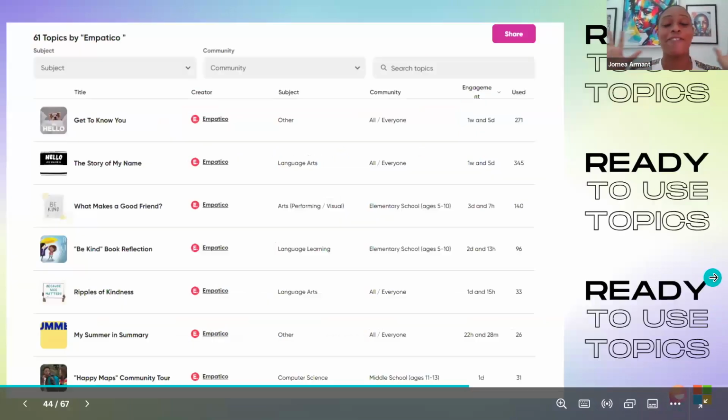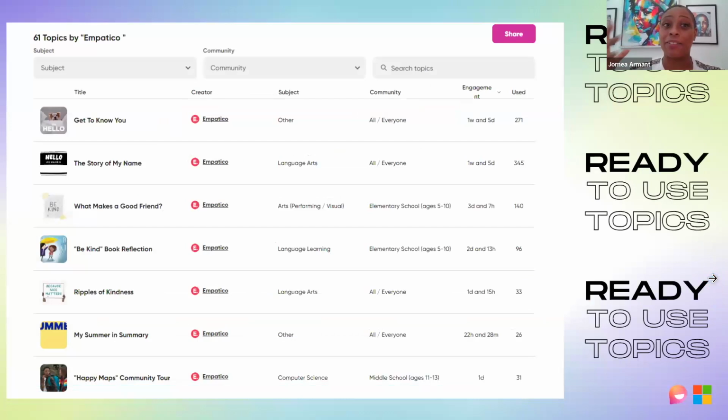All of their topics have to do with the development of human beings, these little humans inside of our classroom, for them to be proud of themselves, but also be connected in positive ways to other people as they're learning how to be kind, as they're learning how to be great community members. These are phenomenal topics. And you see on the side, some of them have been used over 200, 300 times. So educators are absolutely loving these topics.